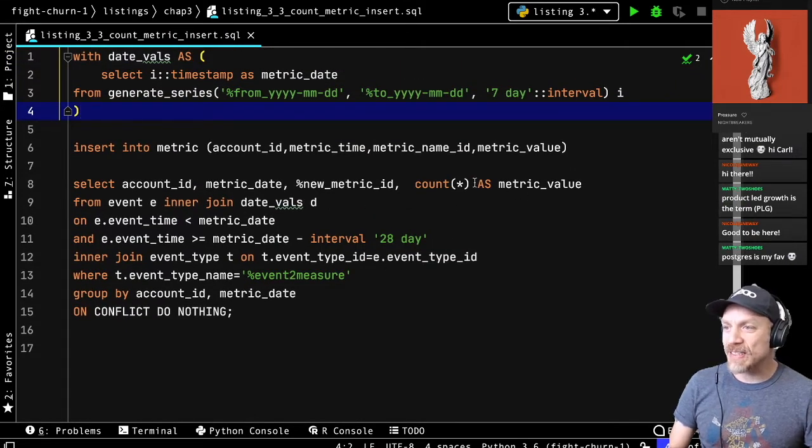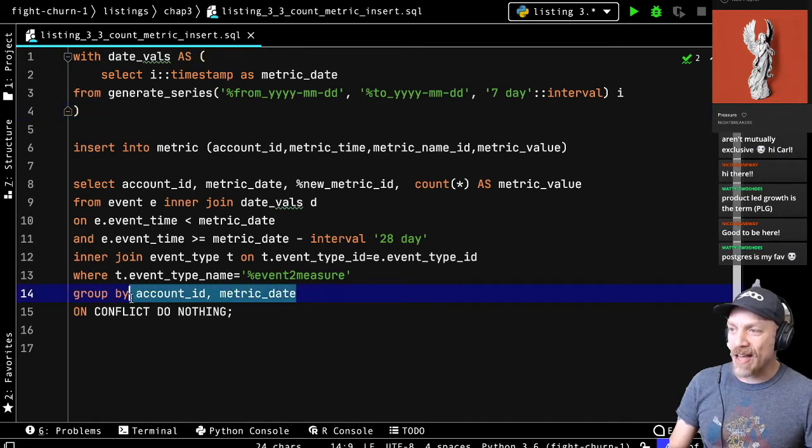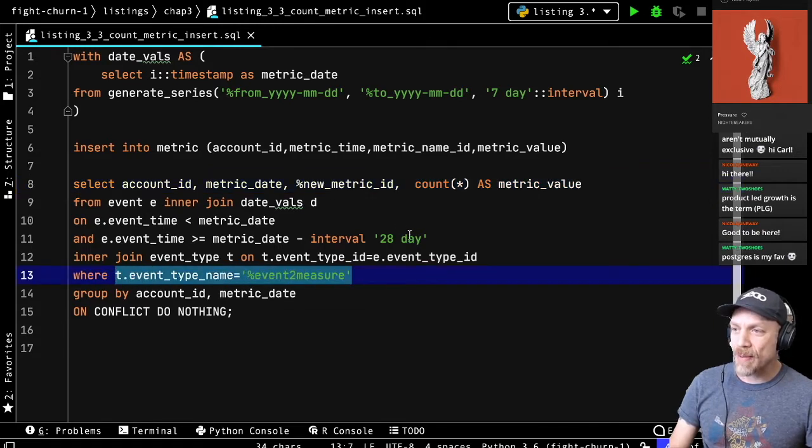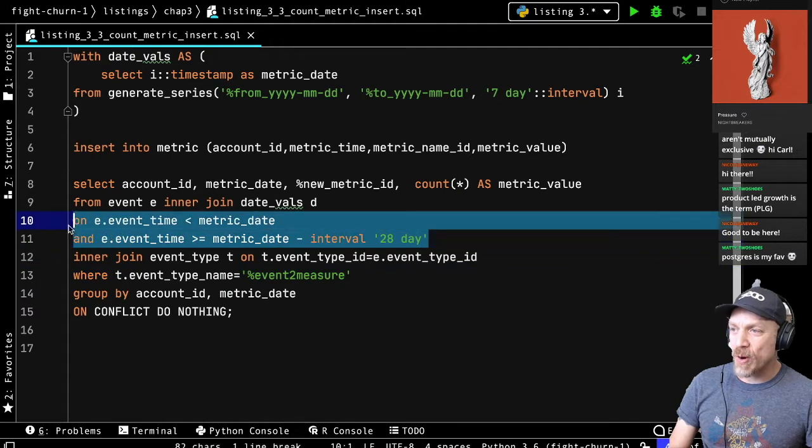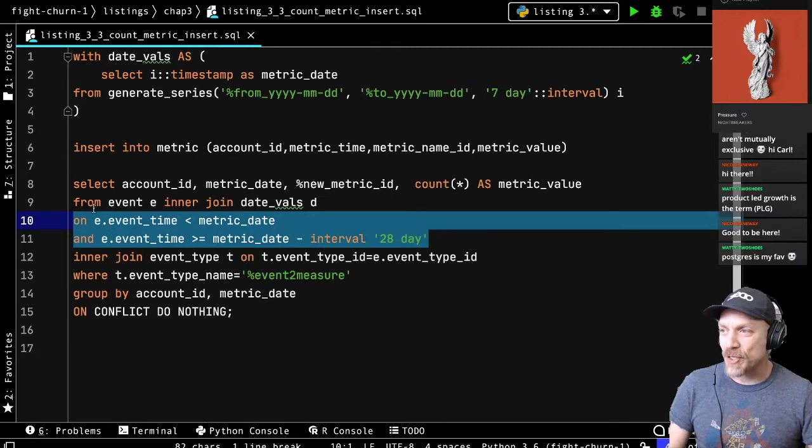So I said it's an aggregation, and I mean that literally. So there's this group by account ID and metric date, and the metric date is the date of the calculation. And the aggregation is just a count, but it's limited to a particular event type and events that were within 28 days before the metric calculation date. So that's how we calculate metrics.